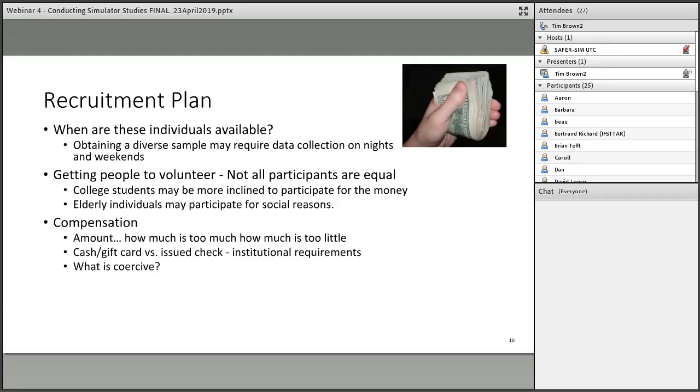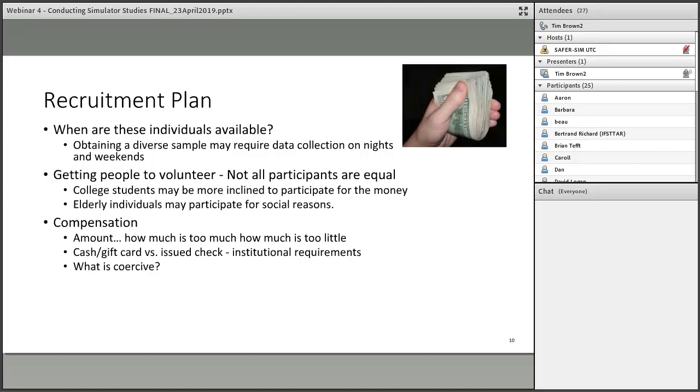Which brings us to compensation. How much do you pay, and if anything, that wad of $100 bills in the picture probably would be considered coercive and would probably not be approved by the IRB for most of the research we're talking about doing in driving studies. That having been said,